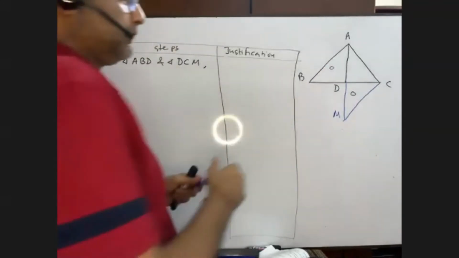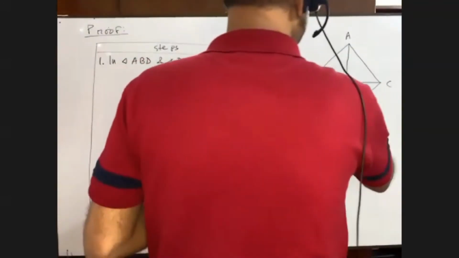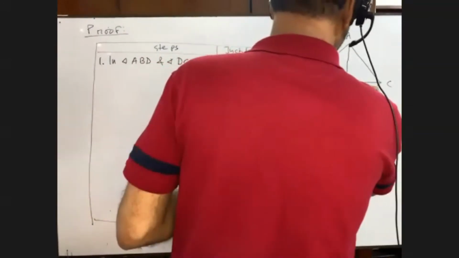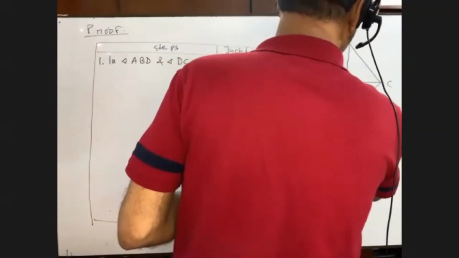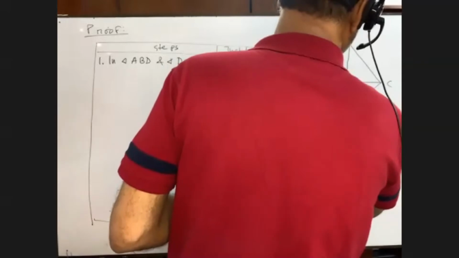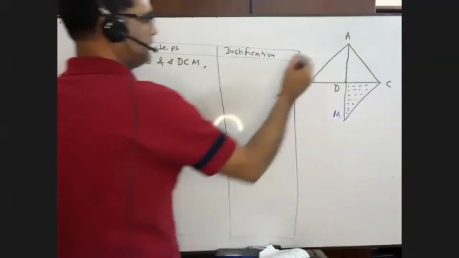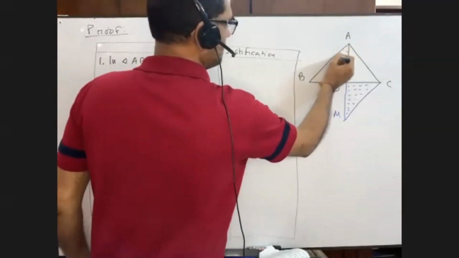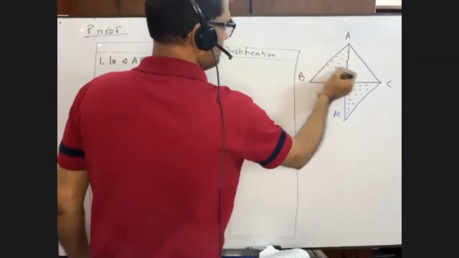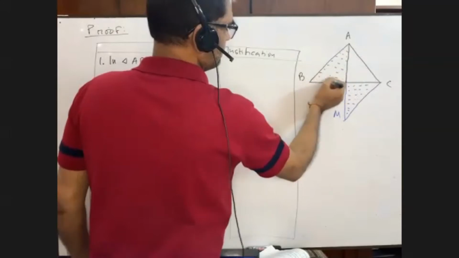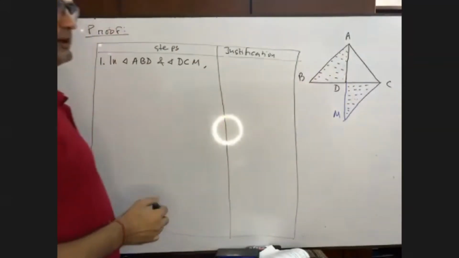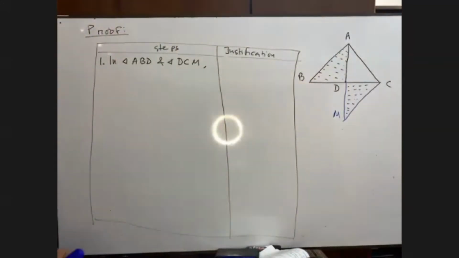Yes, sir. Okay, that's good. And this triangle. I have considered two triangles, right? In these two triangles, what do we get, you see,